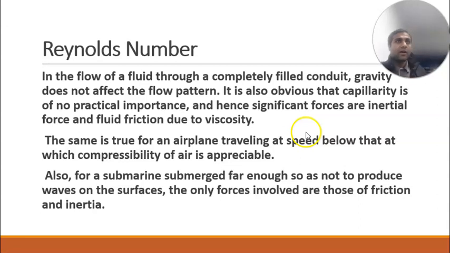Now, if rather than water you put in an oil, petrol, let's imagine, which has less viscosity,